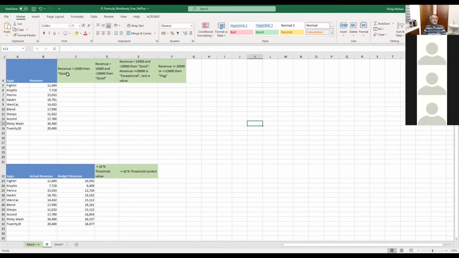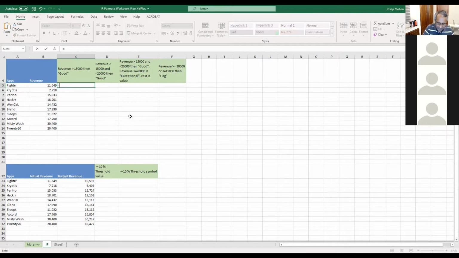What it says is, if the revenue is... now we have a small sheet here, which you remember, these apps are from the file that we used last week. Each of these apps made so much revenue. This is the data we have, correct? Now we want to know if the revenue is greater than 15,000, then I want to say good here. There are about 5 or 6 above 15, right? So the condition is very simple.